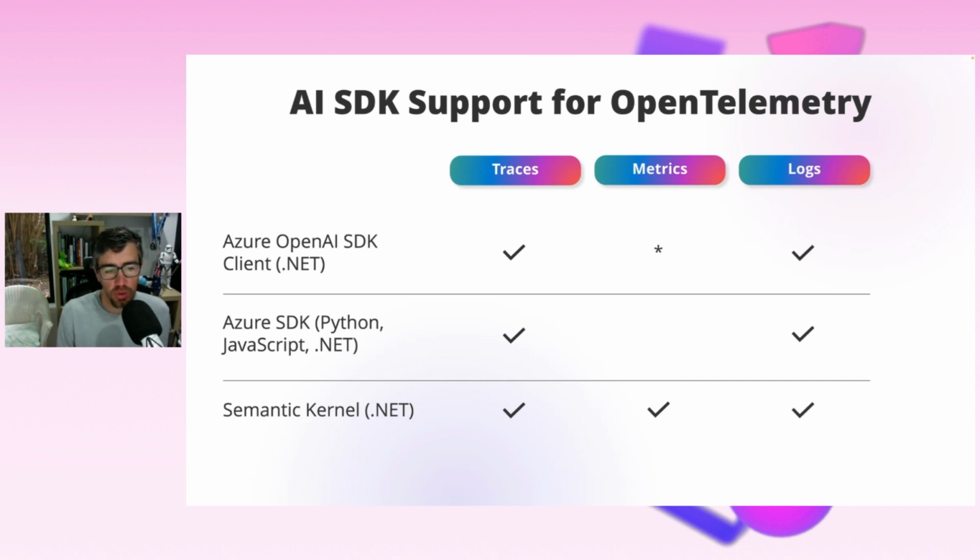And then the other one I wanted to call out was Semantic Kernel for .NET in particular, because they've gone really big on OpenTelemetry in the design of Semantic Kernel. So it does traces for anything, if you're using Semantic Kernel as your orchestration tool for calling and chaining together different AI components. It also comes with metrics, which is super handy for AI in particular. So when you're looking at things like token usage for LLMs, it measures those by default and exports those as OpenTelemetry metrics, and it also supports logging.